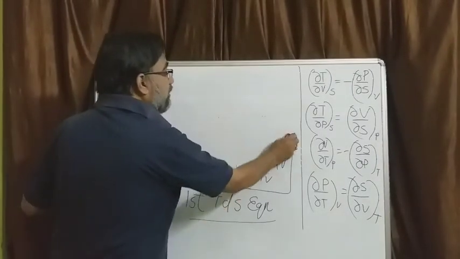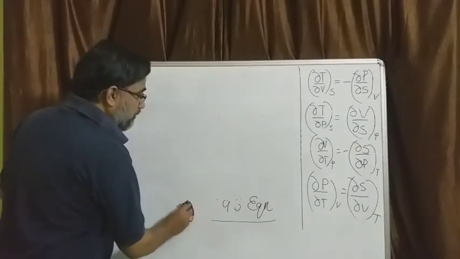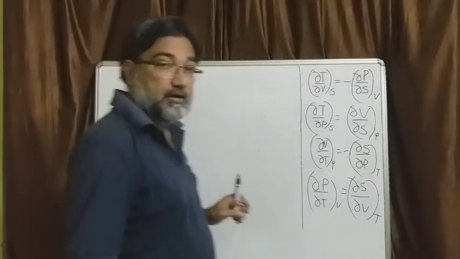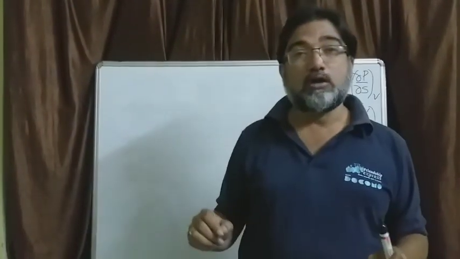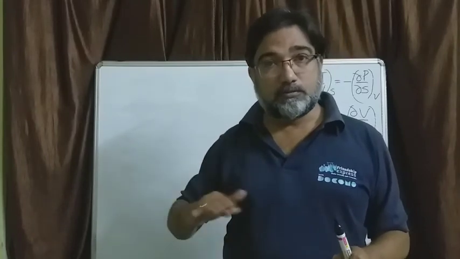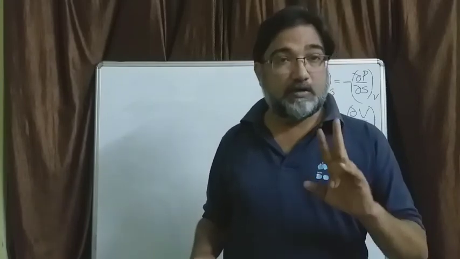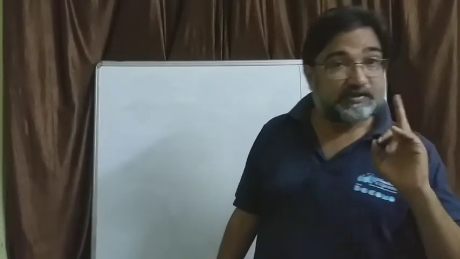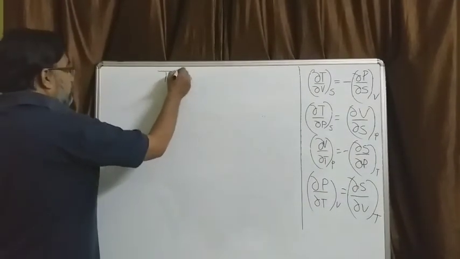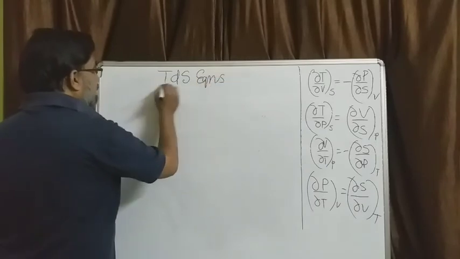I hope you are noting down, and if you are not noting down, you can watch it again and try to note down the steps I am doing one by one, and you must practice accordingly. But remember that the starting point is very important. Second TDS equation. First TDS equation is done. So TDS equation we are solving. After Maxwell equation, we are deriving TDS equation.